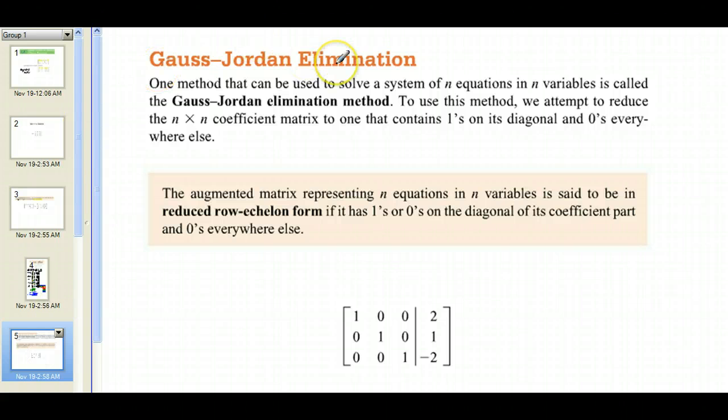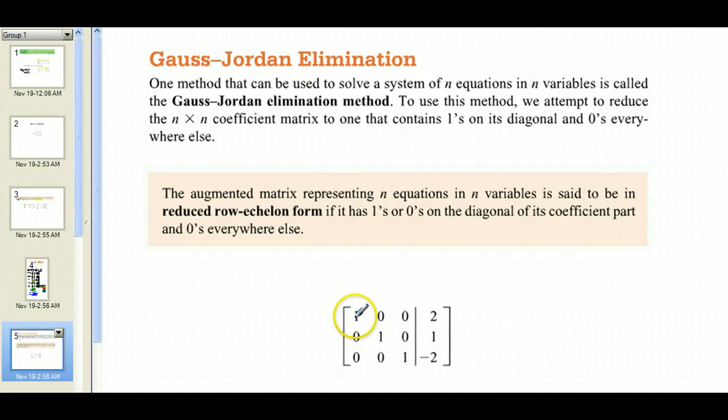Alright, Gauss-Jordan elimination. What this basically does is it goes a little further. Instead of just getting an upper triangular matrix, meaning only zeros down at the bottom, we go for zeros everywhere. So we get ones on the diagonals, and then we zero out below, and we zero out above the diagonal. It takes more work, but the nice thing about it is once you have it in this form, there's your